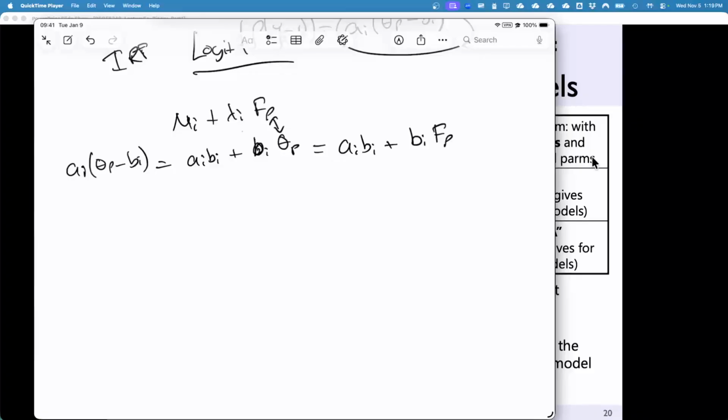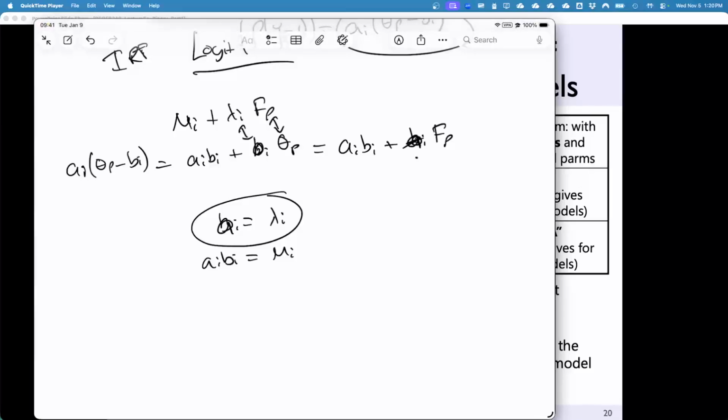So then it turns out a_i is equal to lambda_i, and a_i b_i is equal to mu_i. Did I get that right? No, it's an A here. And you know what that means? It's break time. Let me clean up my slides and make this mistake go away. How about 10 minutes? See you at 1:30 p.m. Central Time.